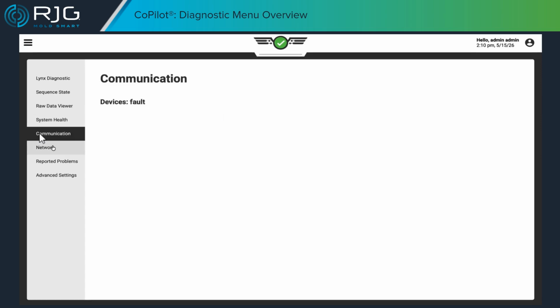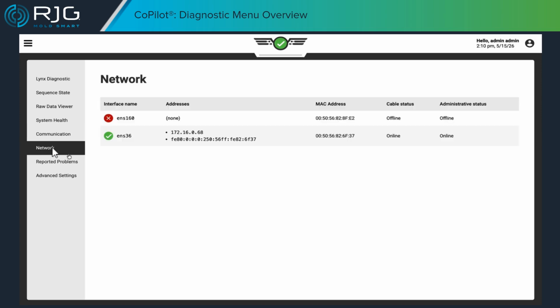The Communications page provides a list of connected EtherCAT devices. From here, we will move on to tap the Network option next. The Network page provides a table of interface names, addresses, and administrative statuses, and is where network and IT issues could be identified. Next, we will move on to tap Reported Problems to show the next option in the menu